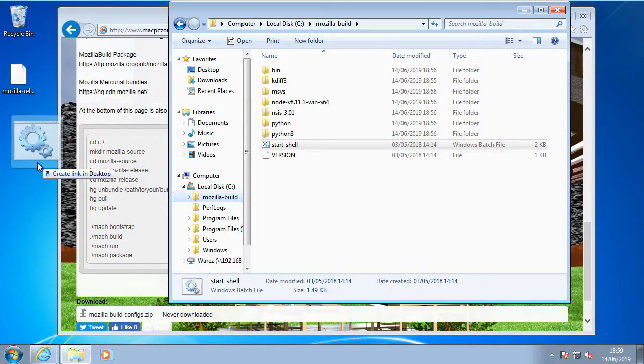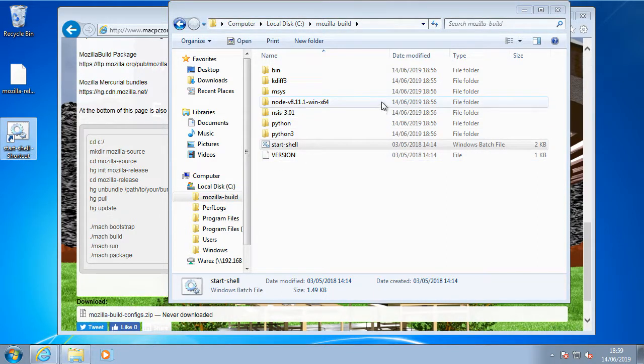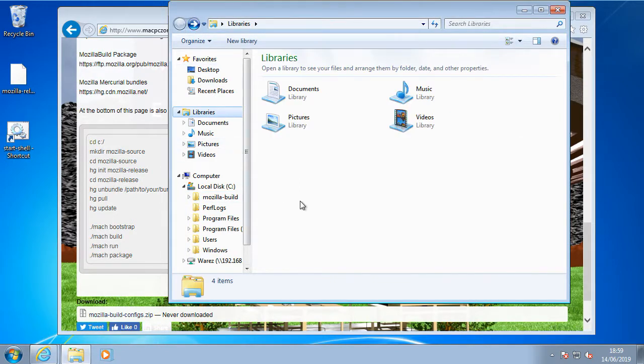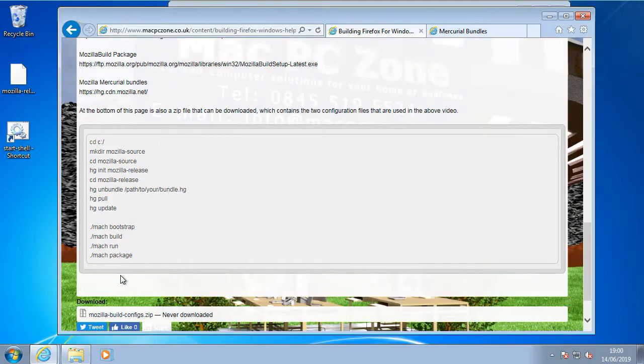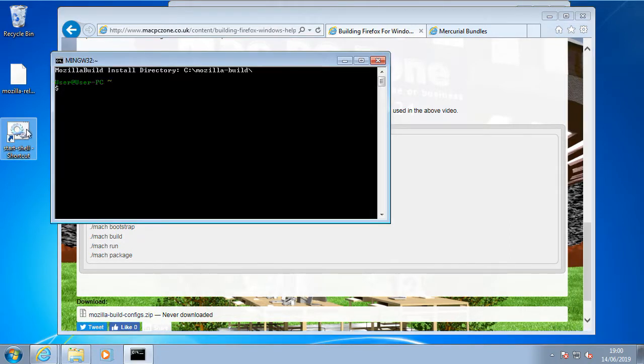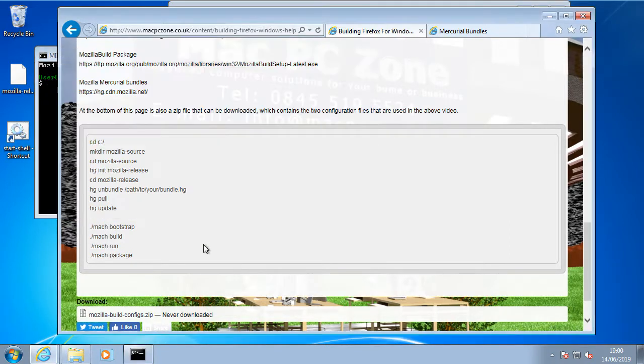Control and Shift, and then create a link of it on the desktop, because it just comes in handy, because you have to run it more than once to do the build. So these commands that you see here, these all have to be run inside this shell. Okay, so just to save time,